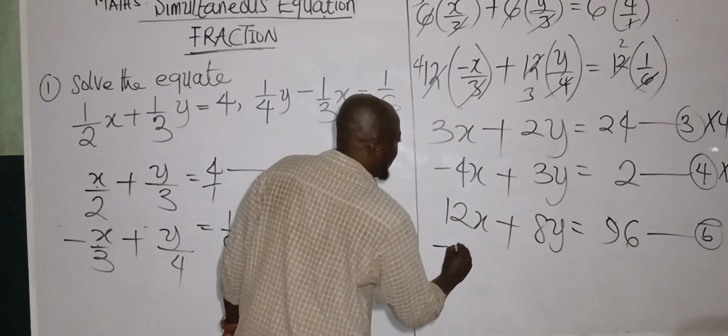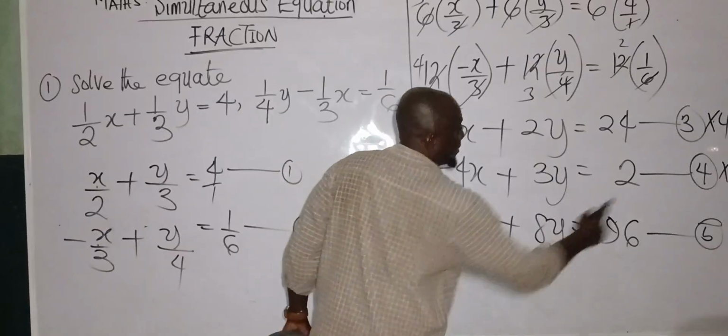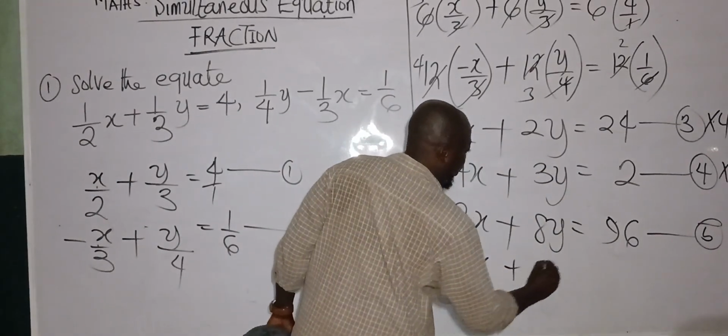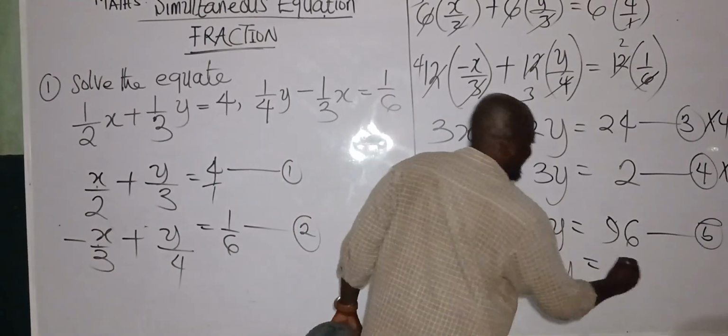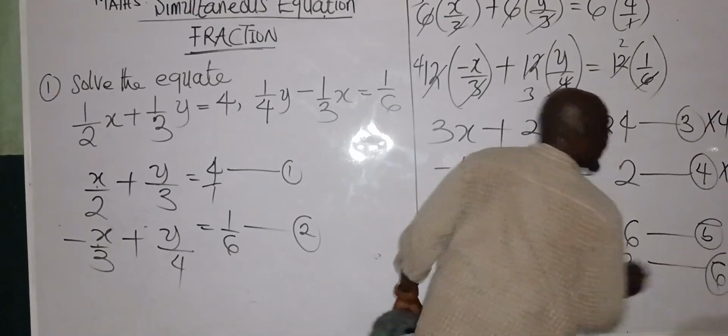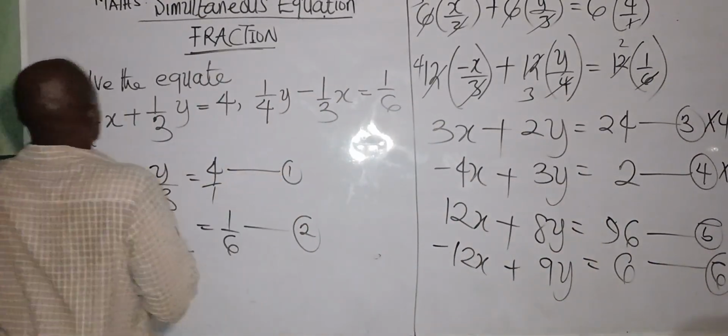Multiply this. I'm having minus 12x. Then I'm having 3, and this one will give us plus 9y. Then I'm having 6 here. All will give me equation 6. So this is it. So from this point